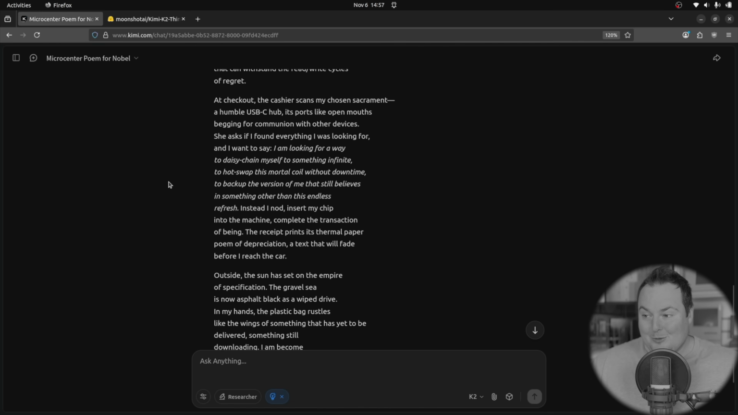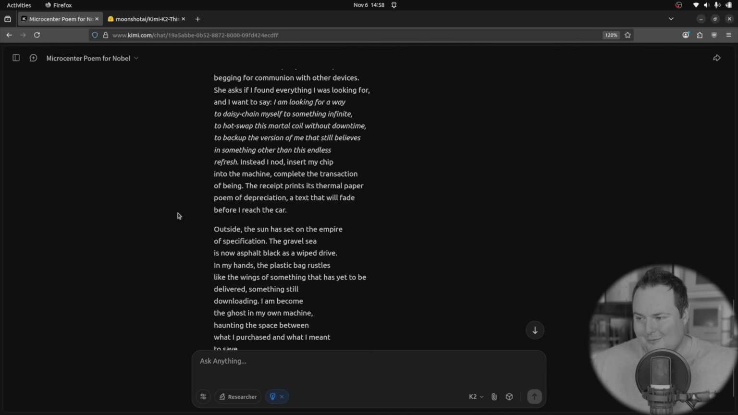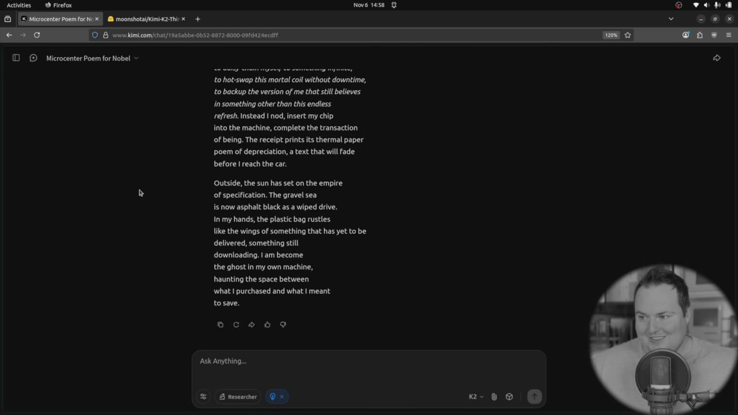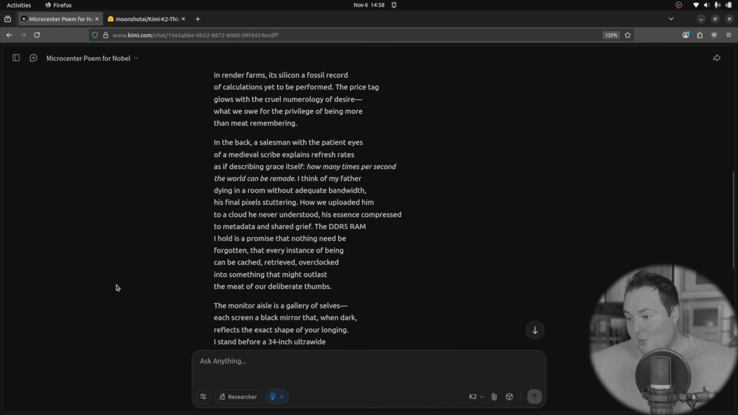The receipt prints its thermal paper poem of deprecation, a text that will fade before I reach the car. Depreciation? Deprecate? I don't know what the... Outside, the sun has set on the empire of specification. The gravel sea is now asphalt black as a wiped drive in my hands. The plastic bag rustles like the wings of something that has yet to be delivered, something still downloading. I am become the ghost in my own machine, haunting the space between what I purchased and what I meant to save. Well, that was,